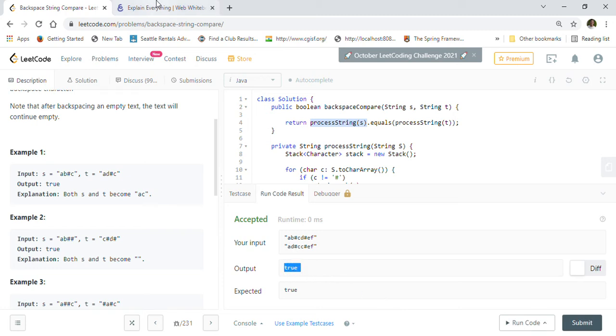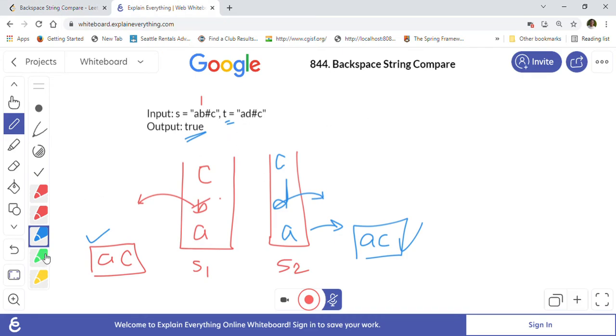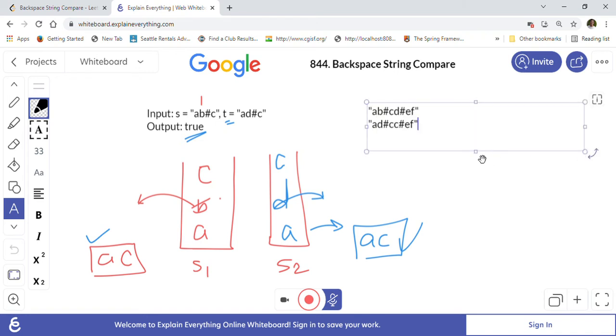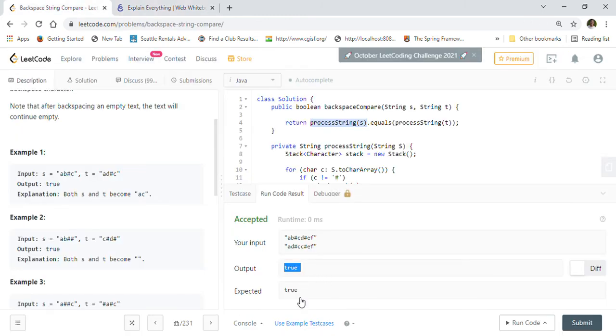So the one that we are trying now, let me just put it here for you, so you can quickly read this. This is the example that we just tried now, right? So the first one, let me just take it here, okay? So we will just process the first one, right? So we get hash, then we will remove this, we get hash, then we will remove this, right? So this is the string. And second, we get hash, we will remove this backspace, and we get hash, we will remove this. So as you can see, both strings are the same, ACEF ACEF. That's why we are getting true here, right?